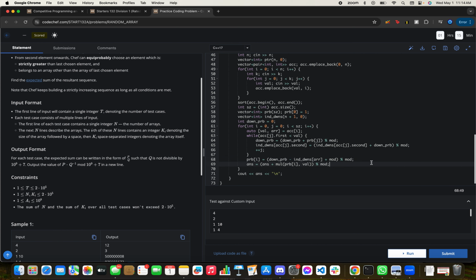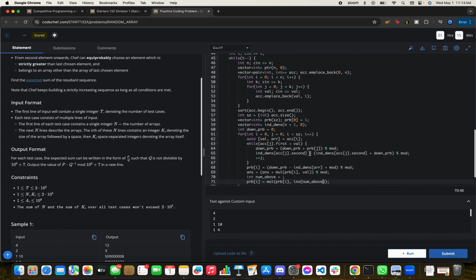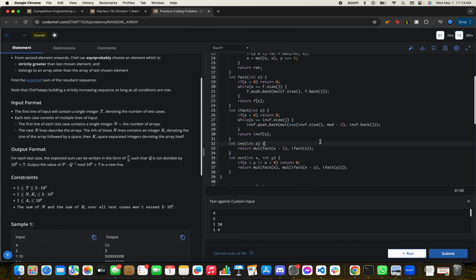And then finally PRB I. Int num above equals, let's just create num above, right? Inv, how did I define inv? Should be